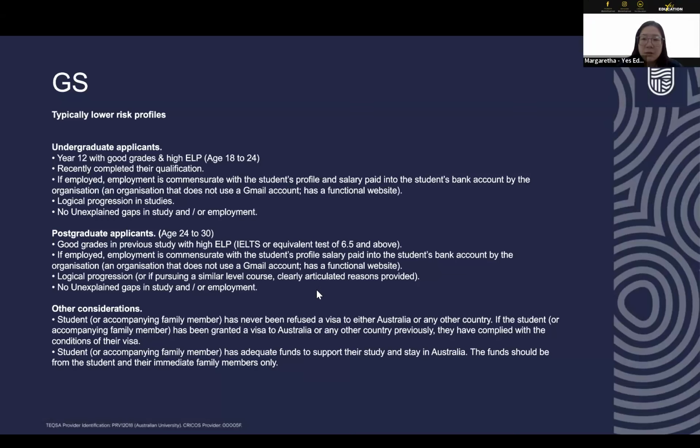Okay. So it's not really set in stone about the regulation, but we'll still see case by case. But ideally for undergraduate, it's 18 to 24, and for master it's 24 to 30. Yes, that's the ideal one. And maybe for information for our attendees, Charles Sturt University currently doesn't accept students under 18. You can apply before the student turns 18, but when they enroll, they must be 18. Correct.